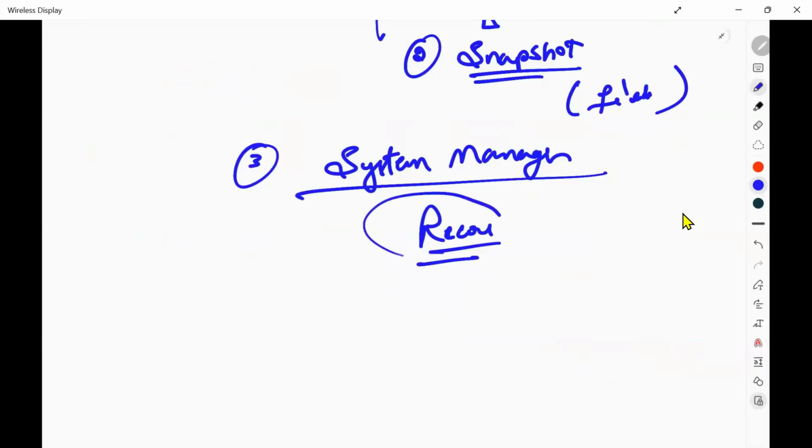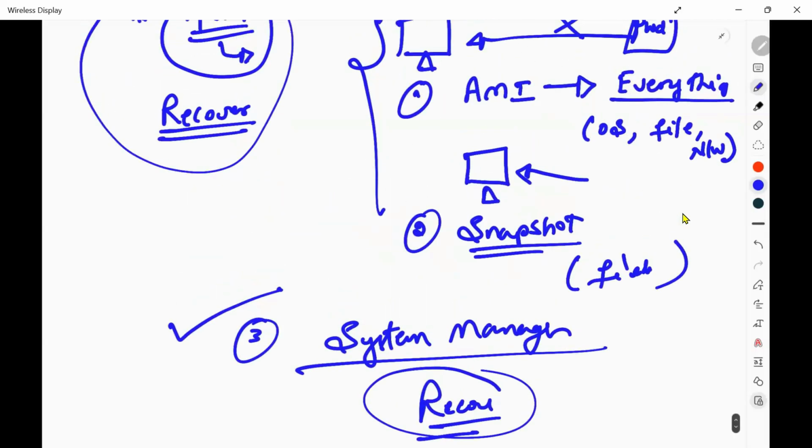That we'll discuss maybe next week or something like that. But please remember, this is another option using which you can recover your PEM key. So these are the three different methods you can use to recover. This is the most asked question in interviews, sir. So that's why. Okay, so next,